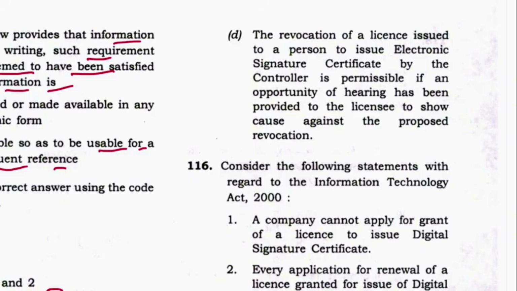The revocation of a license issued to a person to issue ESC by the controller is permissible if an opportunity of hearing has been provided to the licensee to show cause against the proposed revocation. This is correct. Mentioned in section 25 proviso. Okay, so C इसमें आंसर है।